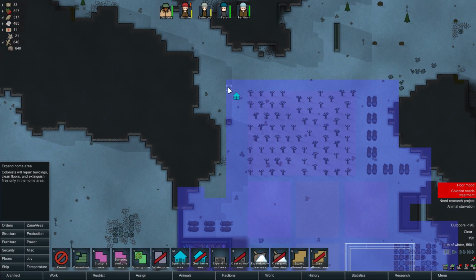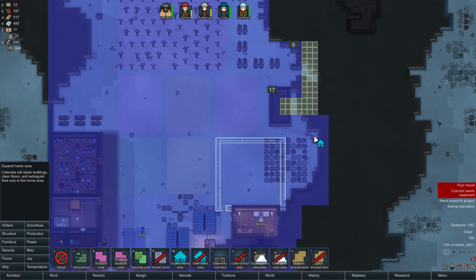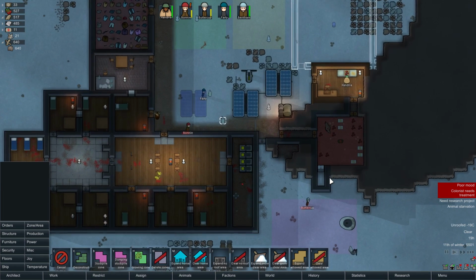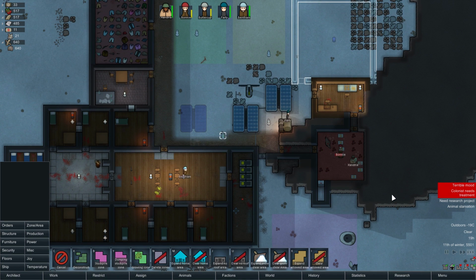Mostly just around where we've actually got our holdings. I don't really want much else besides that cleaned, though. There we go. There we are. That should do. Alright, let's speed up time a little bit and see if we can't get everything here sorted